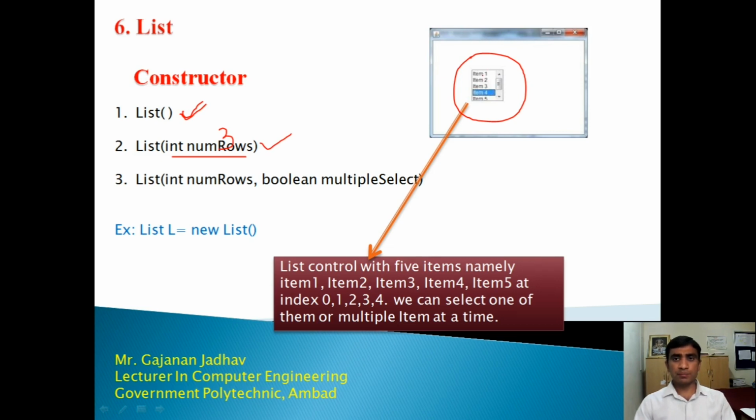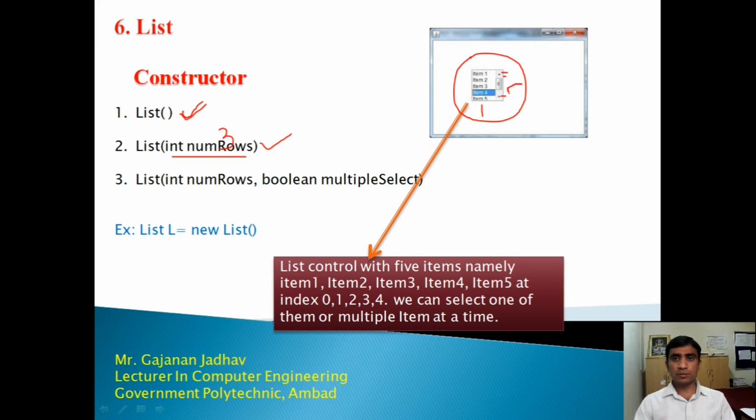For example, in this control, items 1 2 3 4 5 and after the 5th, a 6th is available but it is not showing. Why? Because this list control has made 5 items visible.